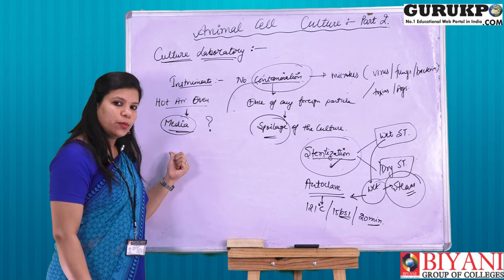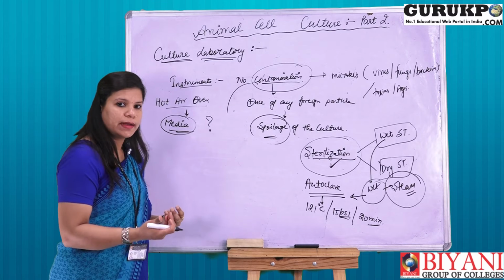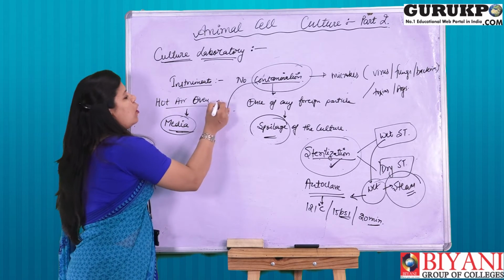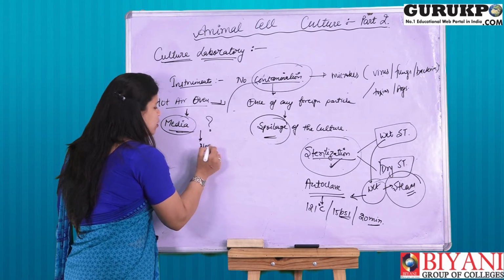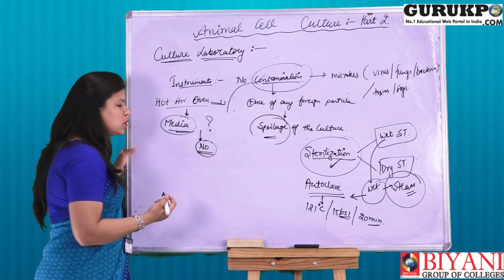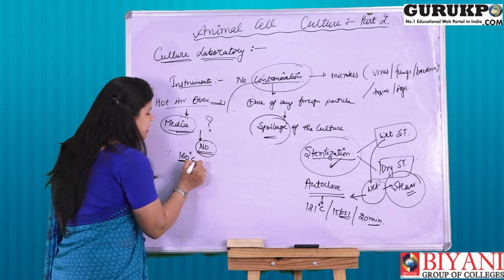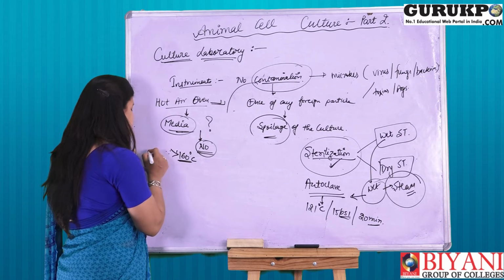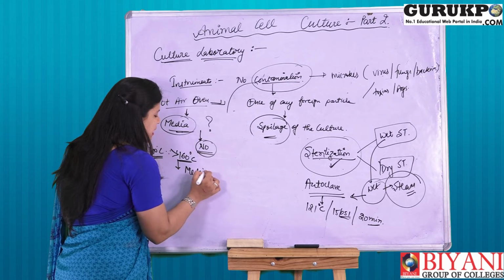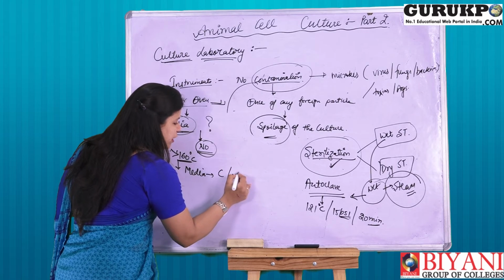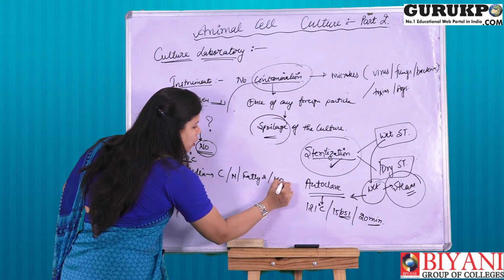क्या हम मीडिया को भी, जो हमारा कल्चर मीडियम है जिसके वजह से हम हमारे एनिमल सेल का कल्चर कर पा रहे हैं, क्या उस मीडिया को हम हॉट एयर ओवन के थ्रू स्टेरलाइज कर सकते हैं? देन द आंसर विल बी नो. Why is it so? Because since we are having a temperature around 160 degree centigrade, or you can say below 160 to 100 degree centigrade, even then the media which is containing the carbon source, nitrogen source, fatty acids, different kinds of hormones,